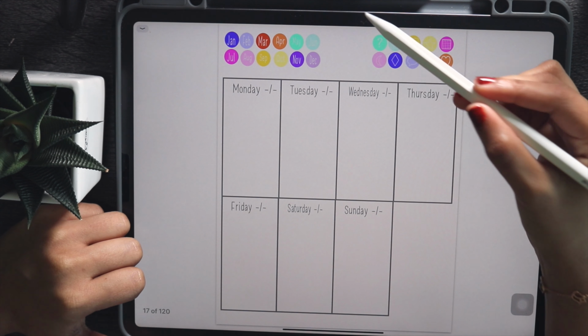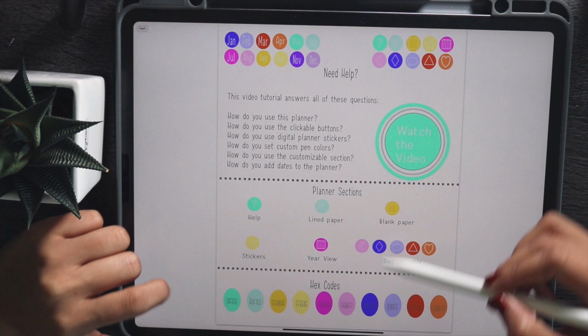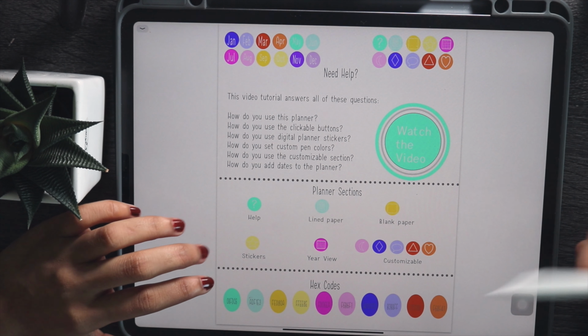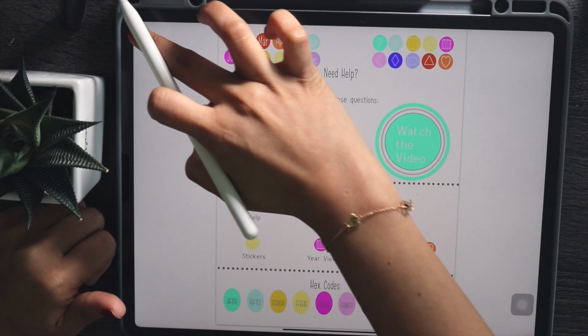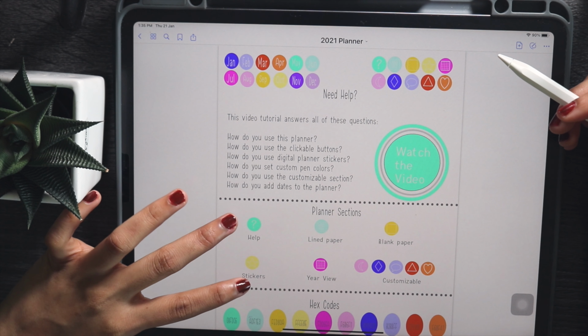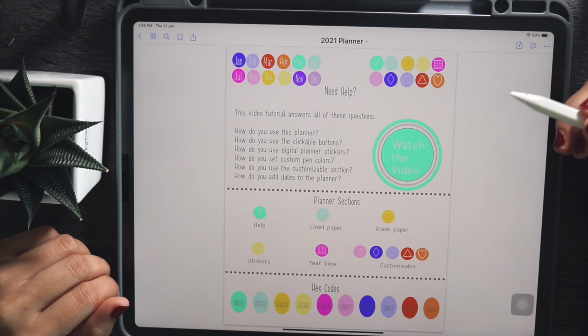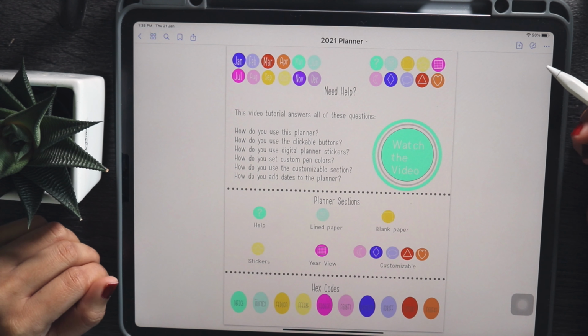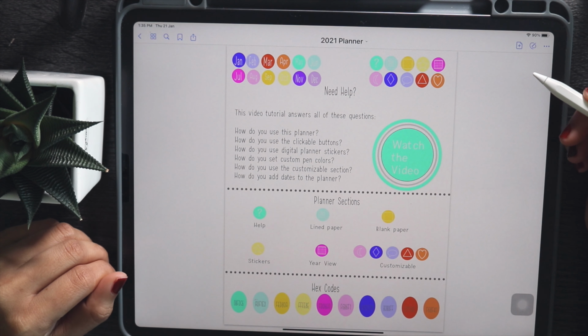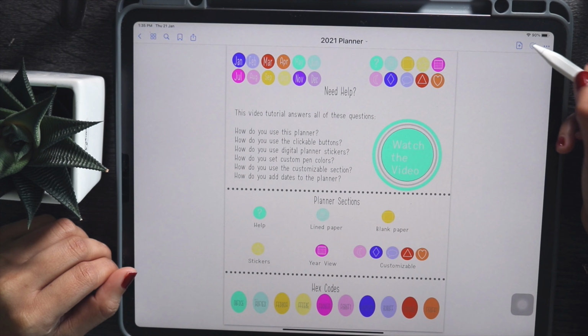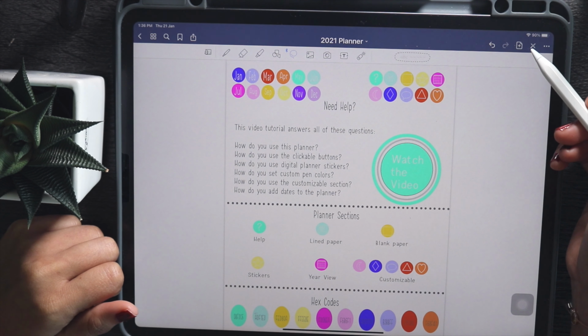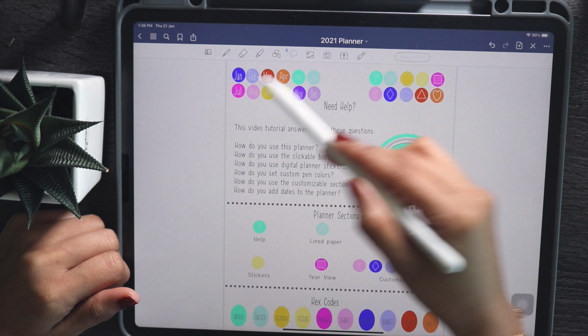So back to the help section at the bottom here, you will see all the hex codes that I use for all of these colors. I like to write in those colors so the planner looks organized. Of course, you can write in any color you want, but I thought you may want to have access to these colors. So if you want to use those, tap the note pencil symbol to turn that off, so you can see all of your writing tools.